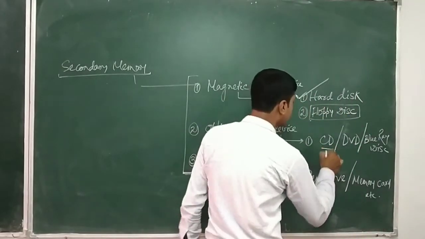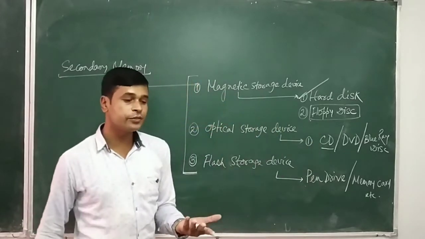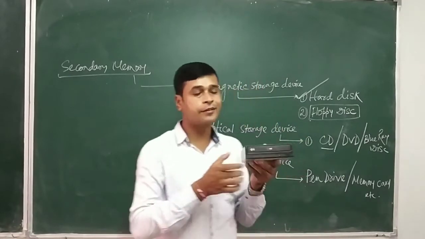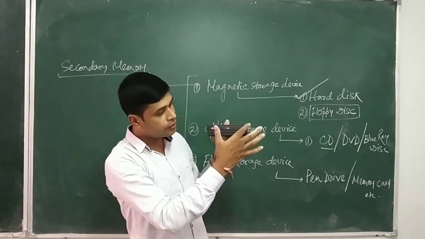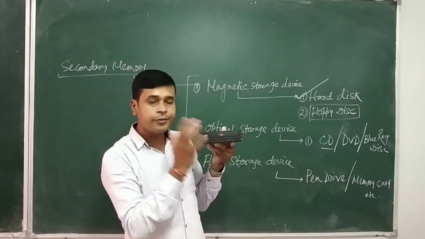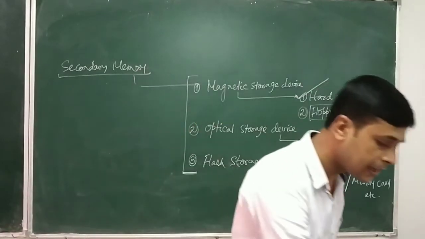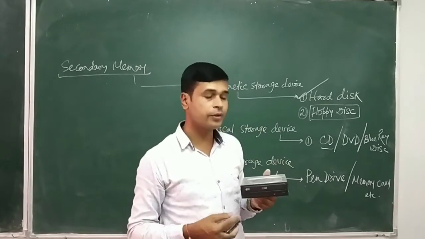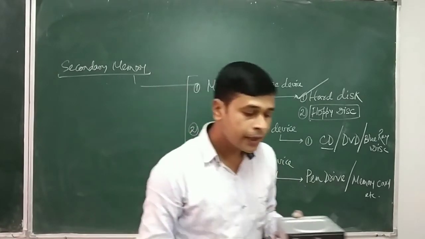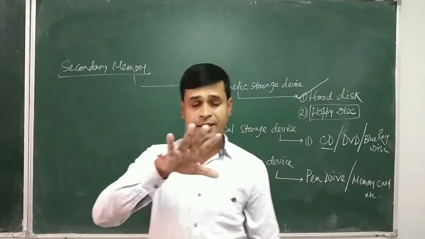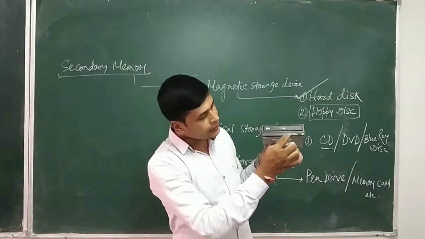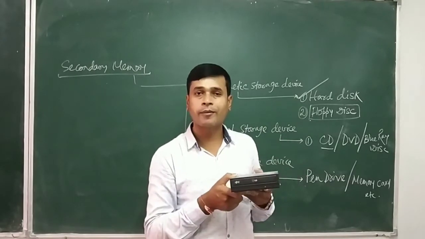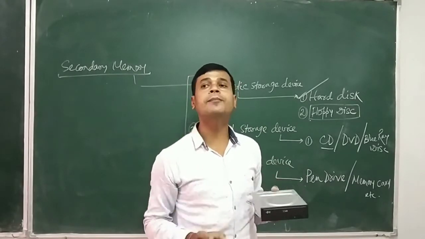We can store data on CD. You have seen a CD ROM, this is called the DVD ROM. When we insert a CD or DVD, first time it will read the information. Here it contains the read and write head. Remember one important point is that every secondary memory device